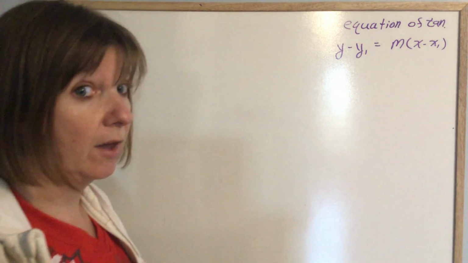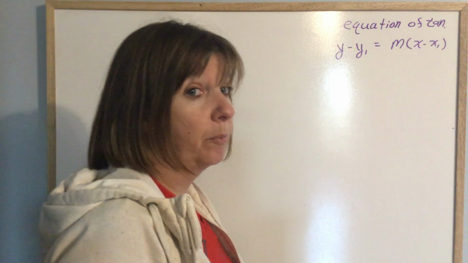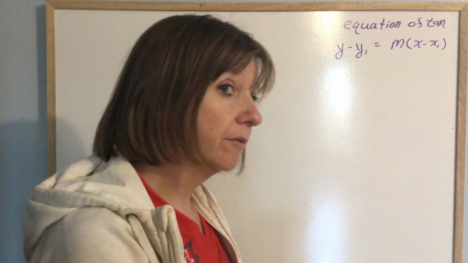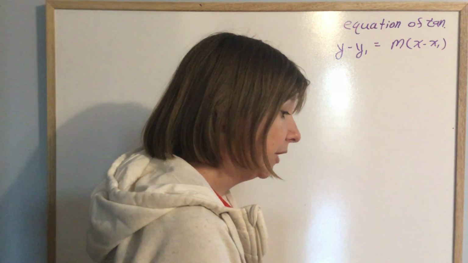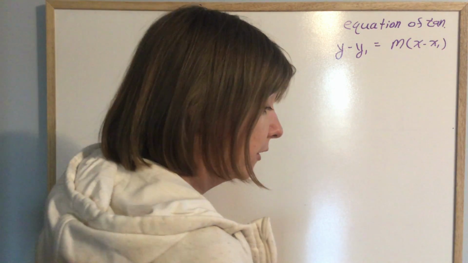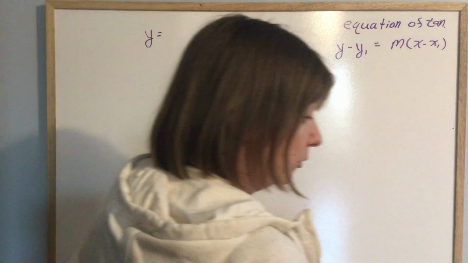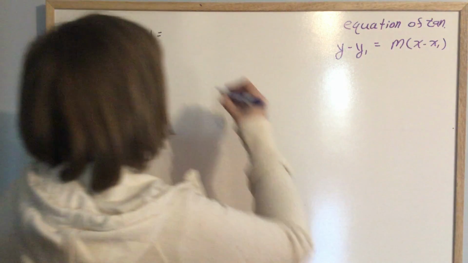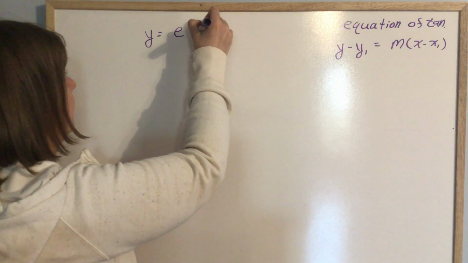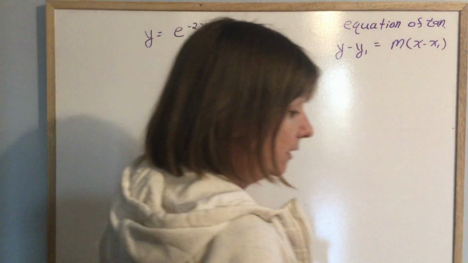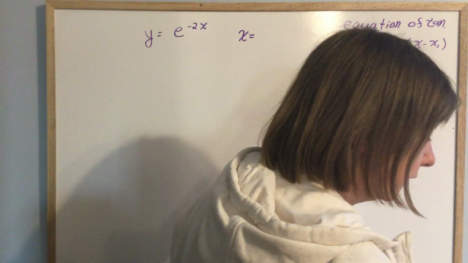We know we're going to have to do that because they don't want the slope of the tangent. That would be the derivative. They want the equation of the tangent. So find an equation of the tangent for the graph y is equal to e to the negative 2x at the point x is equal to